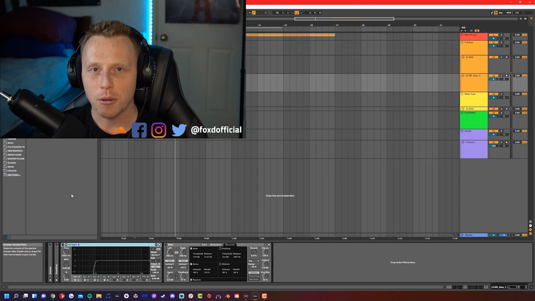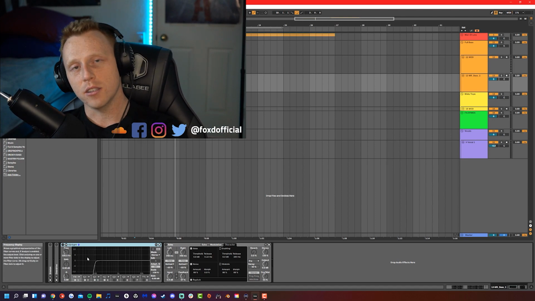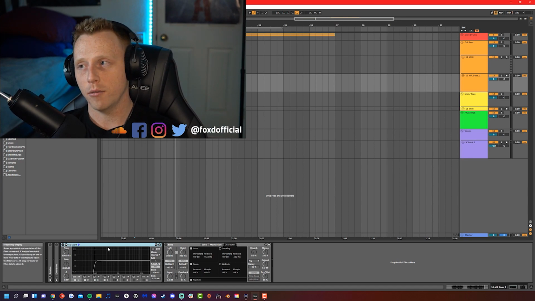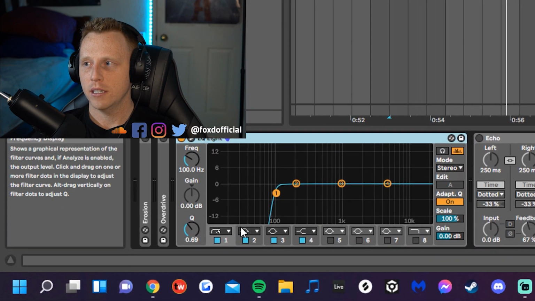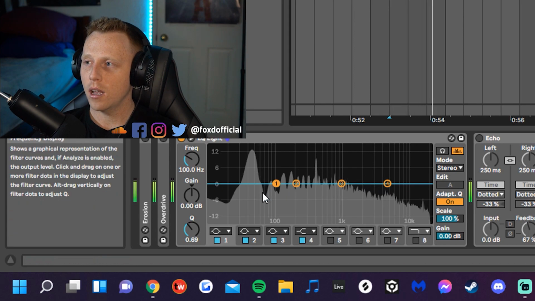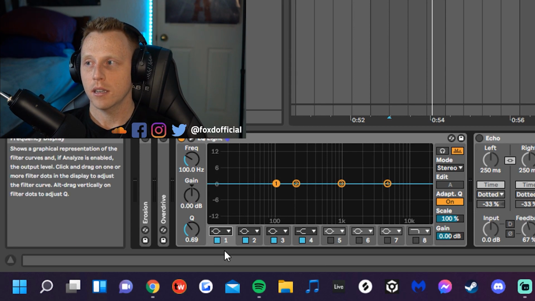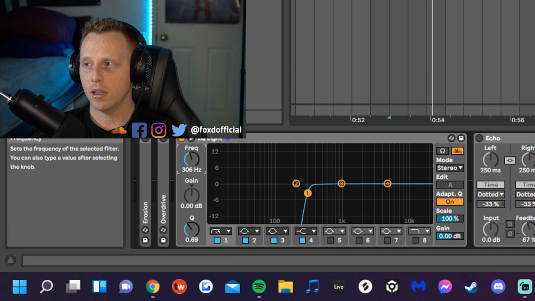EQ8. The in-house EQ8 from Ableton is actually really useful and is very capable of doing anything you want it to do. I use my EQ8 a lot of the time just for simply cutting off or boosting certain frequencies. So for instance, if we have a completely fresh EQ without anything adjusted, it looks like this. But if we have this sub, but we don't want the sub, all you got to do, the x4 shape is a brick wall, or at least tries to be, and you can go ahead and just shape it on down,